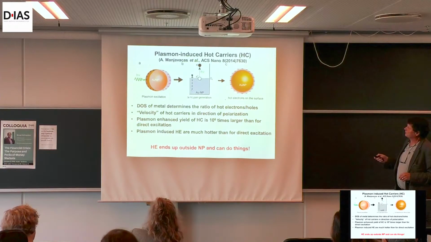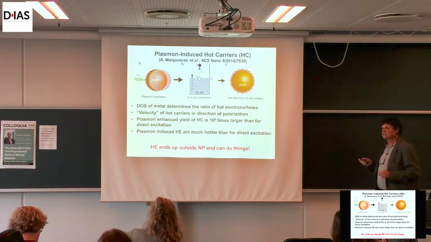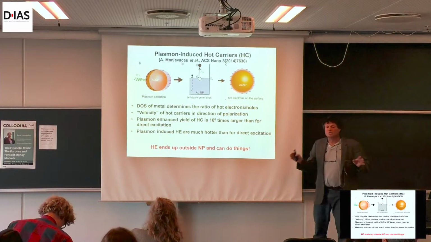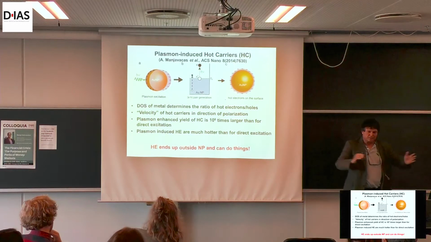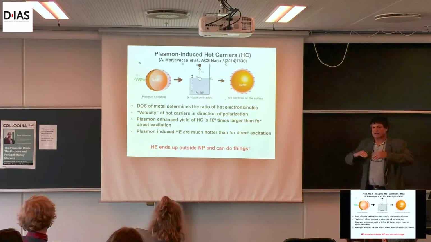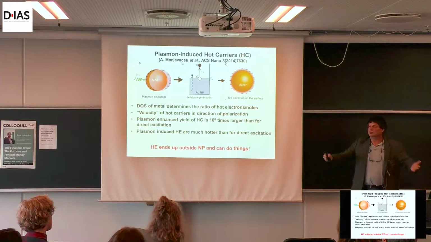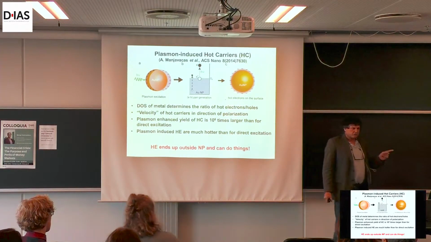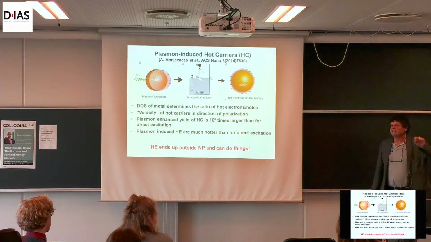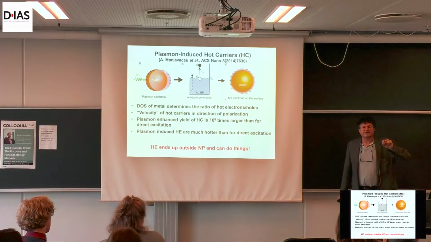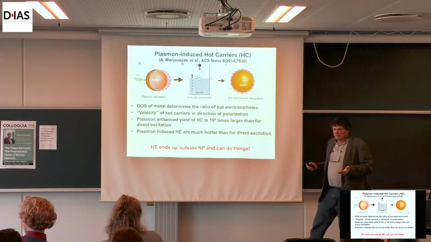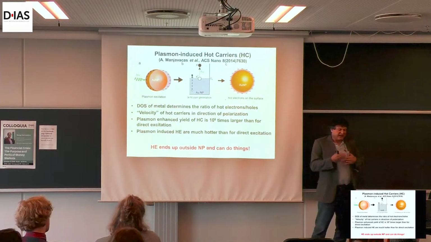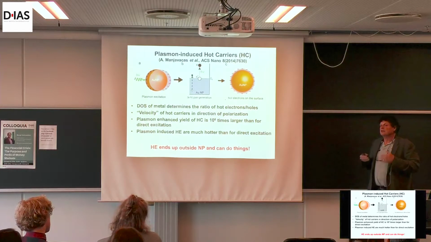And this has to do with hot carriers. Remember the movie I showed in the beginning, we came in with the pulse in this FDTD simulation, and we saw a plasmon response, and eventually it died out. So why does it die out? Well, it dies out for two reasons. It can emit photons radiatively, that's like an antenna effect, or it can generate electron-hole pairs. These are called hot carriers, and that's called non-radiative plasmon decay. These hot carriers, unless harvested, will eventually result in heating.